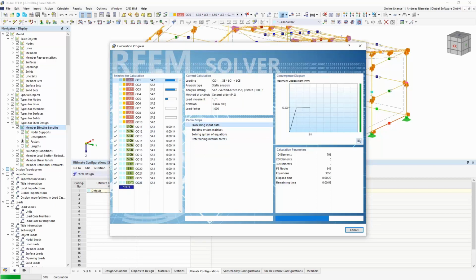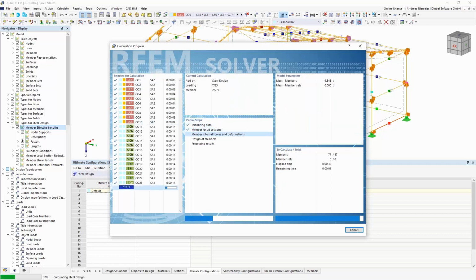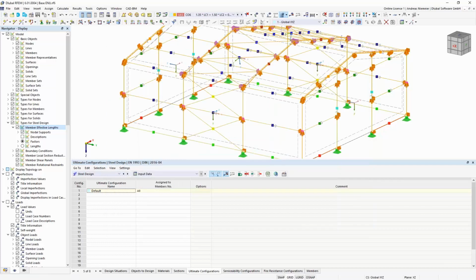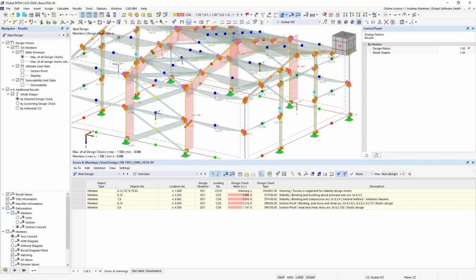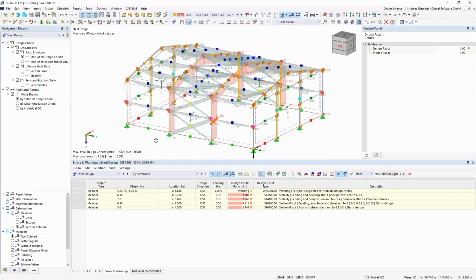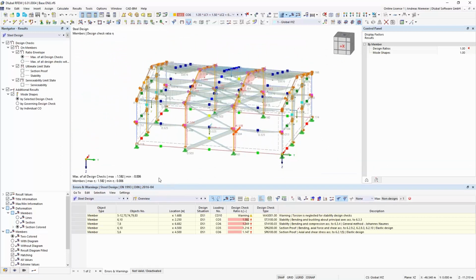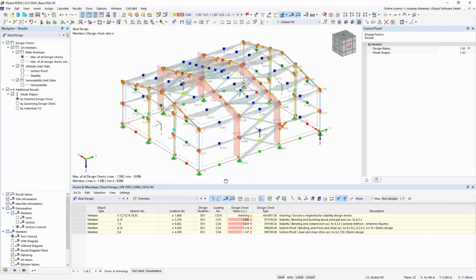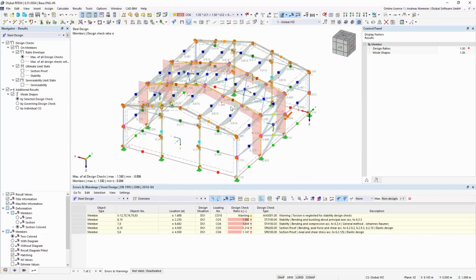Then you see the program prepares all load situations for doing the design. It needs the load combinations for ultimate limit state and for serviceability, and now it's jumping to the design add-on for designing the members. Everything was defined in the background to do this only with our stability settings. Now you see generally everything is fine. The only thing, some members are not fine, where you have to check what is not working here.